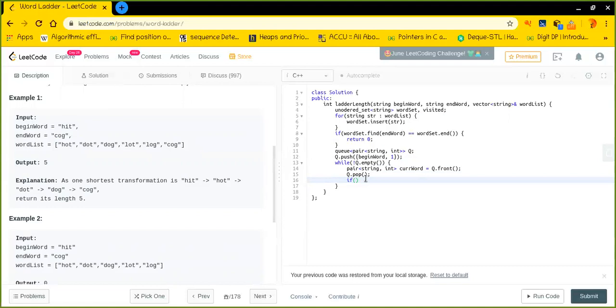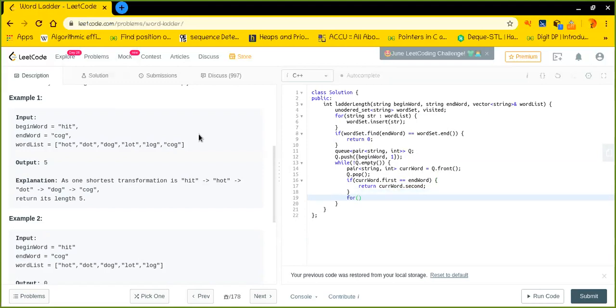So if the string is my end word, then I can simply return the number of steps, which is the integer value present in the second element of the pair.